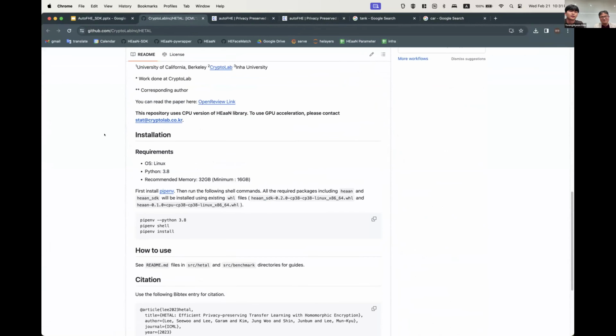Taking a quick look at the README file, the currently released version supports only the Linux environment. For Windows and Mac users, we ask you to use Docker. Likewise, it doesn't support Apple chips. Additionally, we recommend an environment with more than 30 gigabytes of memory.